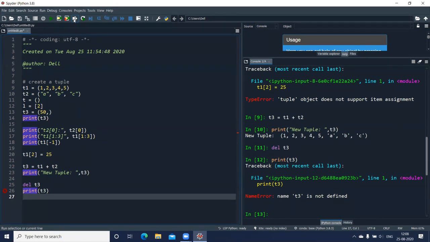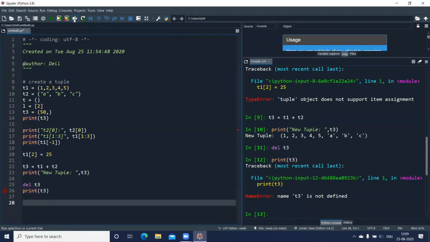The other functions which are available, like we had in list, we have the length function. So len is the length function, which can be used to find how many elements I have in the tuple. Let me use the print function here.